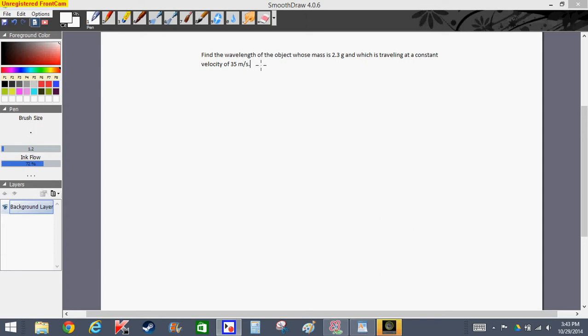In this problem, we're asked to find the wavelength of an object whose mass is 2.3 grams and which is traveling at a constant velocity of 35 meters per second. We know that whenever we're asked to find the wavelength of an object and we're given its mass and the speed at which it's traveling, we can use de Broglie's equation,